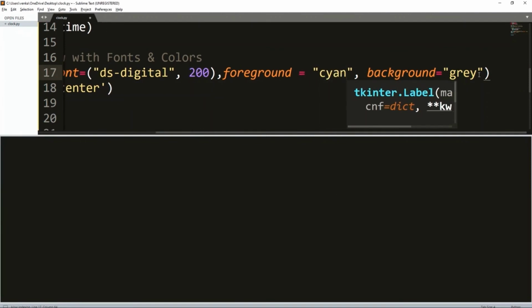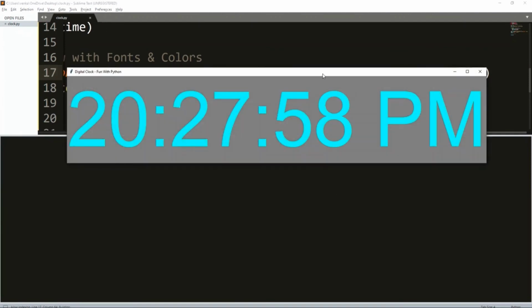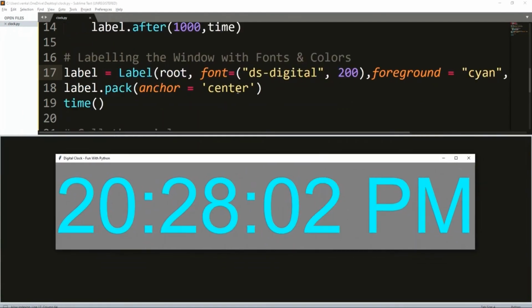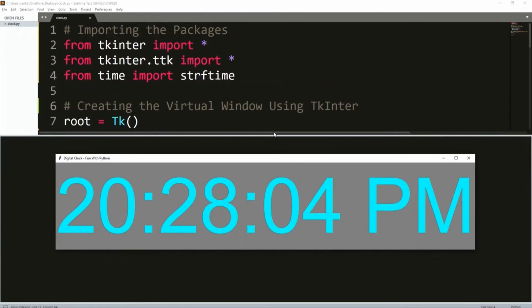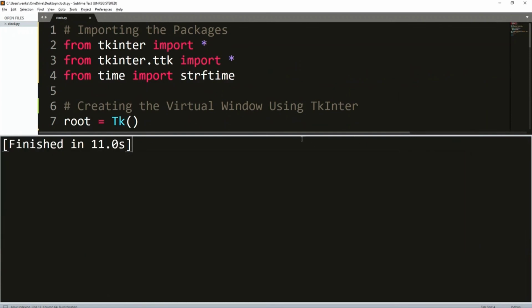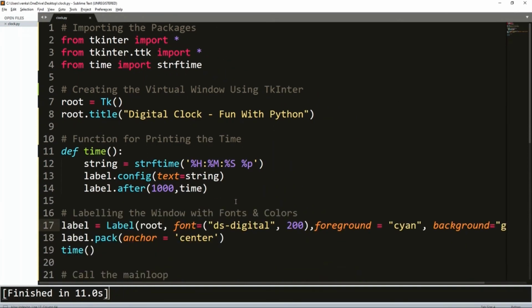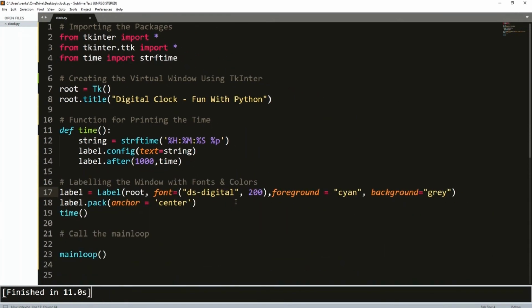There are more and more options available in the Tk toolkit. This is the simple complete code of the clock. And that's done. We have finished creating a simple clock.